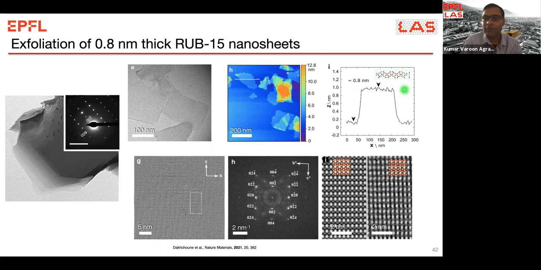So you can see this in the AFM image. The thickness of these layers is 8 angstrom, which is exactly what you would predict when you measure from the two terminal silanol groups of this nanosheet of the zeolite framework, right? The nice thing is that this exfoliation process is quite mild, and we are able to make nanosheets that are still crystalline and have no sign of structure damage or structure amorphization.